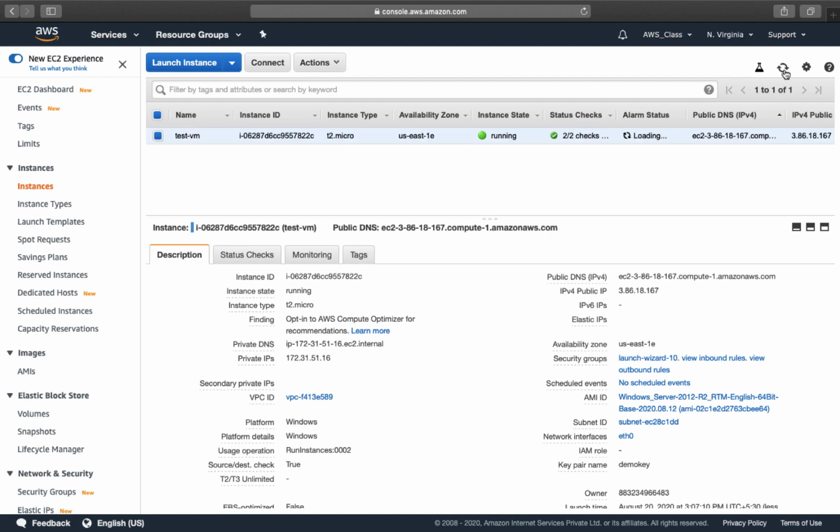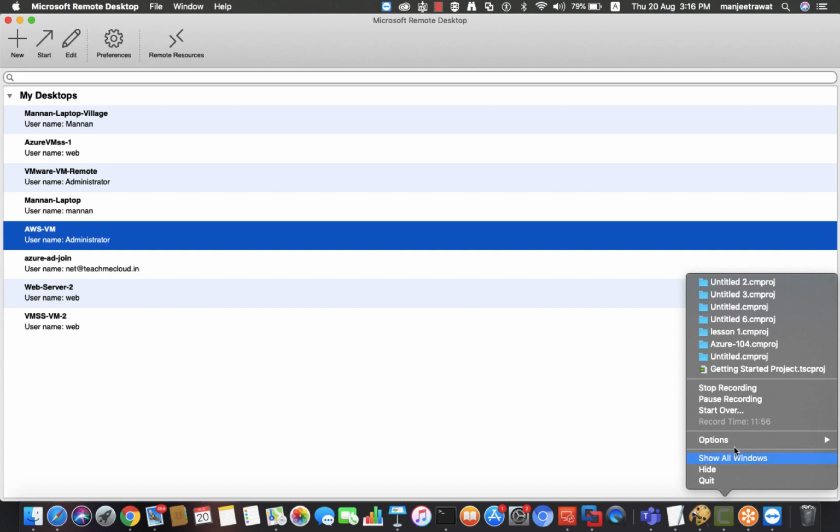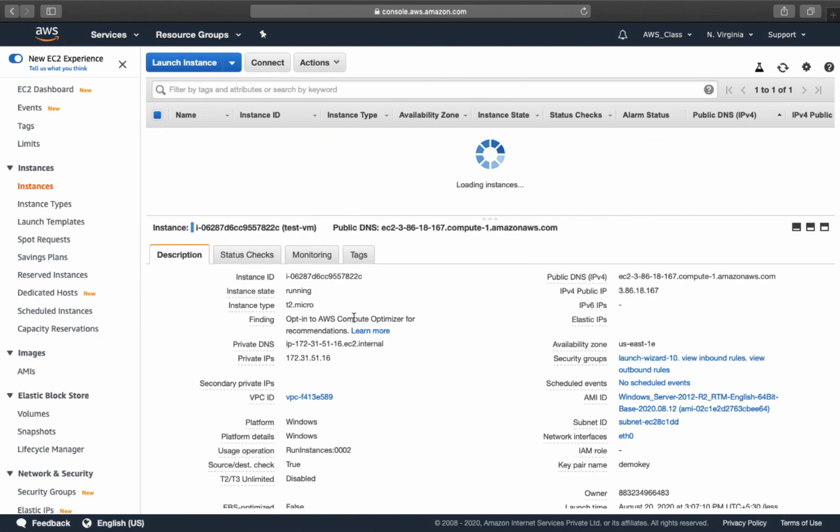So we will connect to our virtual machine again once it restarts successfully. Now it successfully restarted. I'm just going to reconnect to our virtual machine and check whether our C drive space has increased or not.